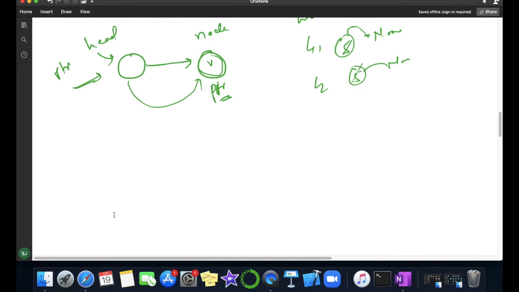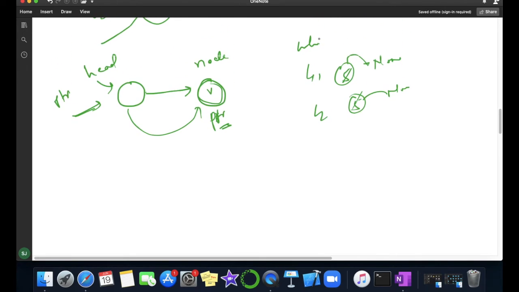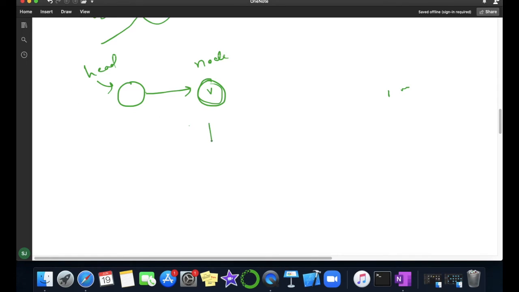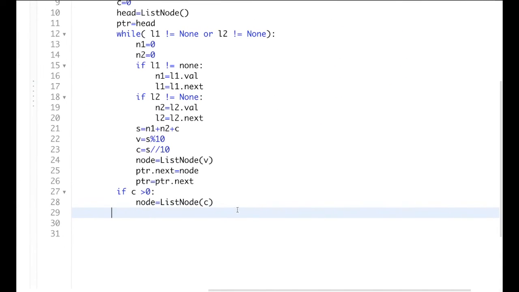So just see here, my ptr is here, and again we have created a new node passing value C. So what we will do, again attach ptr.next with this C. So ptr.next equal to the new node, correct?